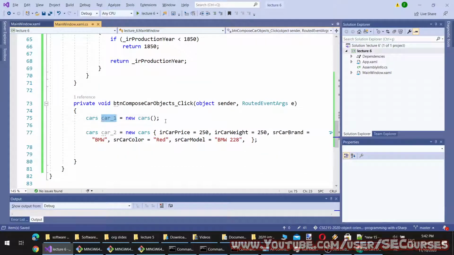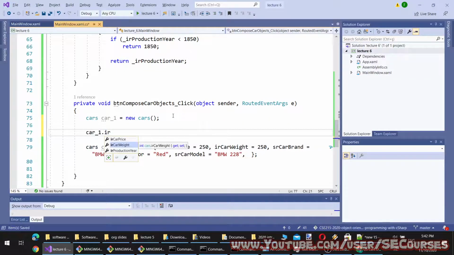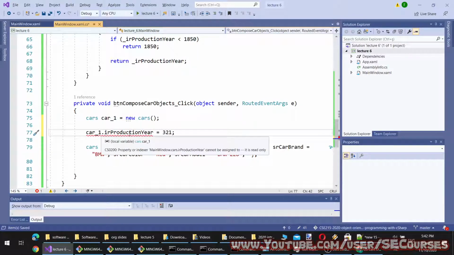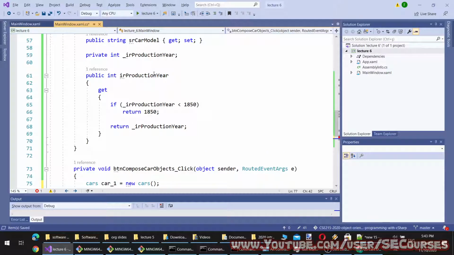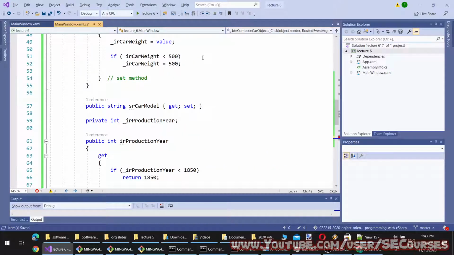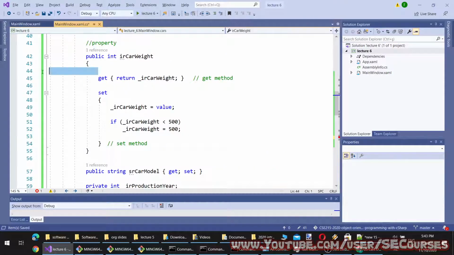What I mean is, production year equal to this. You see, this is throwing an error. It says property or indexer cannot be assigned. It is read only. Why is it read only? Because I didn't define a set method to it.